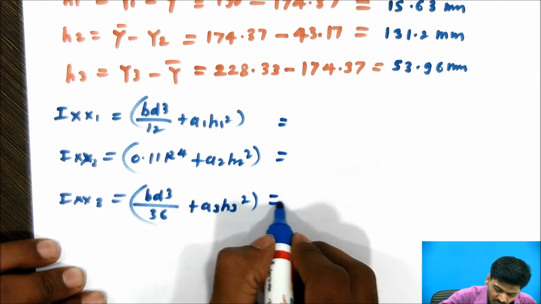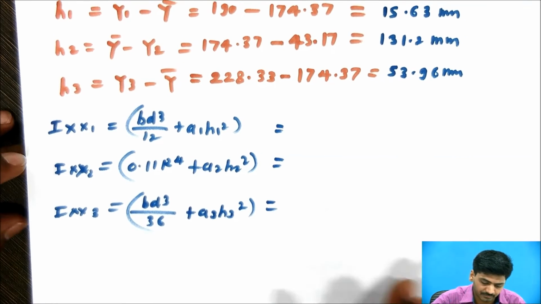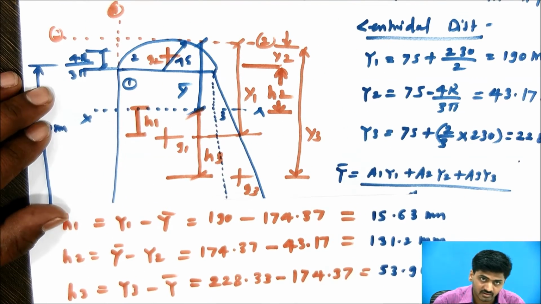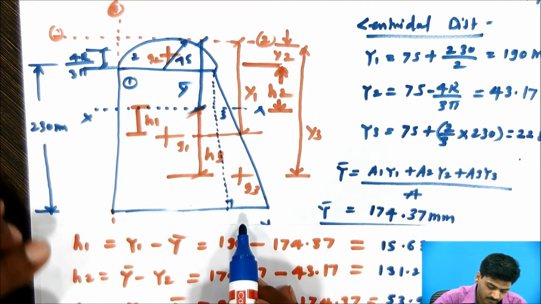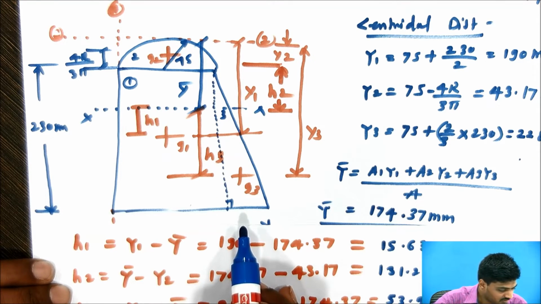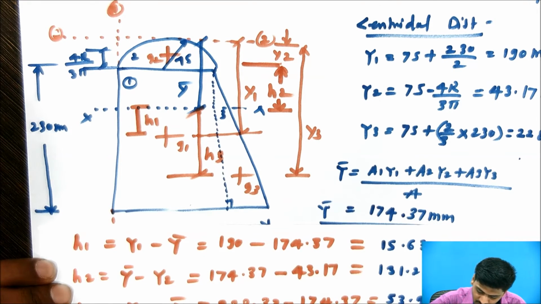All of you know the area, all of you know the base. If I observe the figure, regarding this rectangle, this is the base, this is the depth. The base is 150, and the depth is